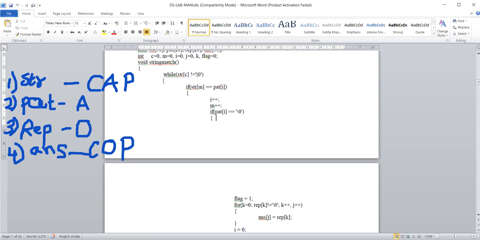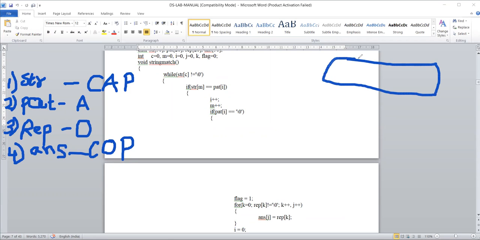What it is doing is: while string of C is not equal to 0. Let us see now, all the input you have taken will be stored in the form of arrays, right? We have declared it as a character array.